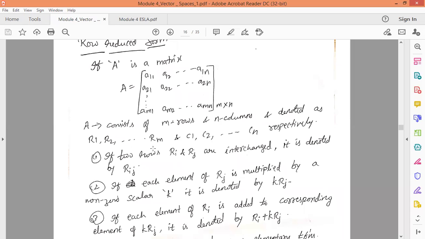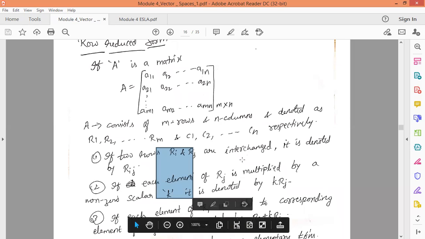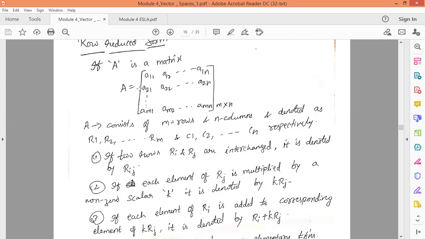Similarly, if each element of Rj is multiplied by a non-zero scalar k, then it can be represented as kRj. Suppose, for example, you want to multiply the second row elements, R2 elements, by